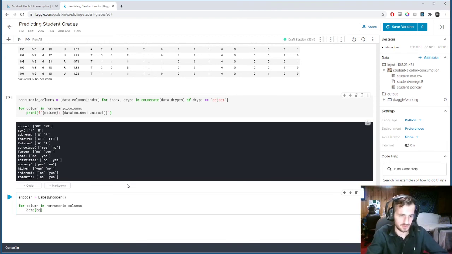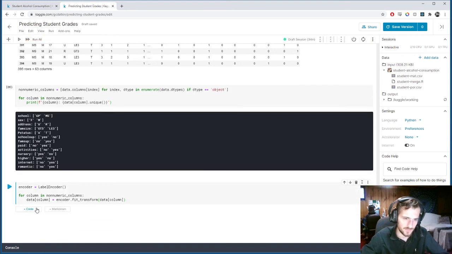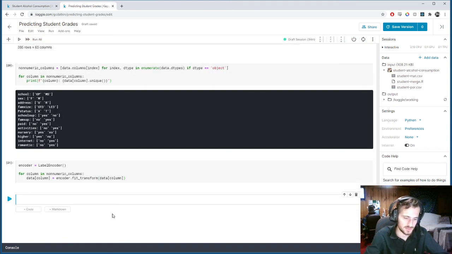So data column equals encoder.fit_transform that column. So we're going to take the column, fit it to the encoder, transform it, and return it back to the column for each one of the new non-numeric columns. So if we run that,